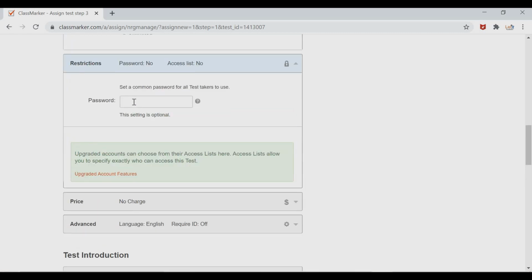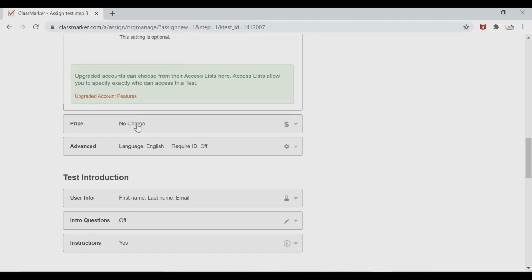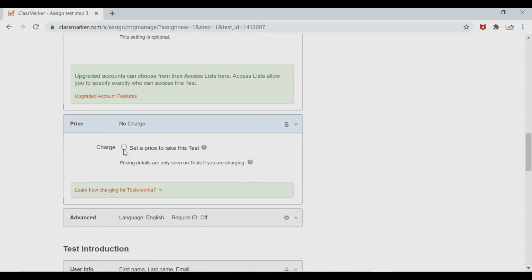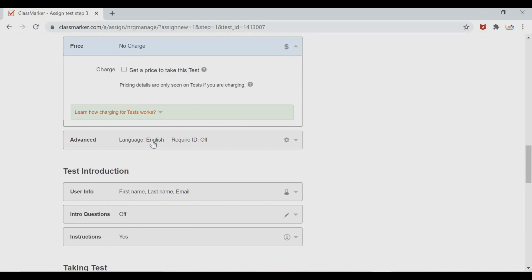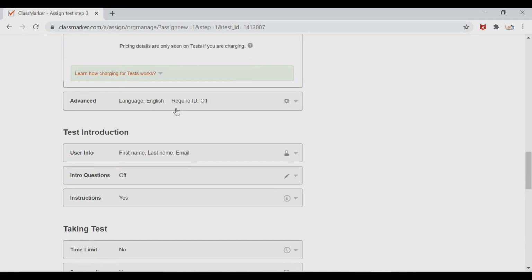So the student has to type this password, then only they will be able to access this test. And next one is price. If you are a school teacher, then we are not going to charge any fee amount for the test. So leave that option. And advanced, language English, better avoid all these options.